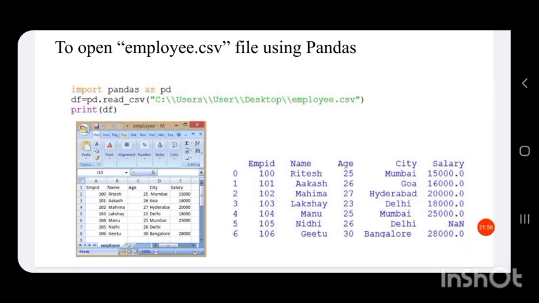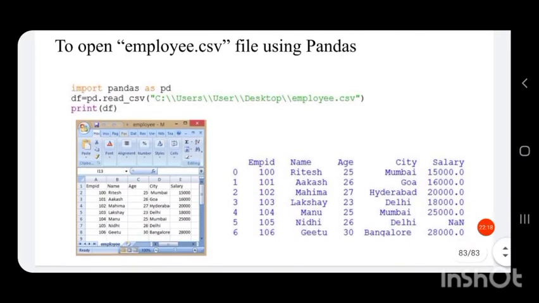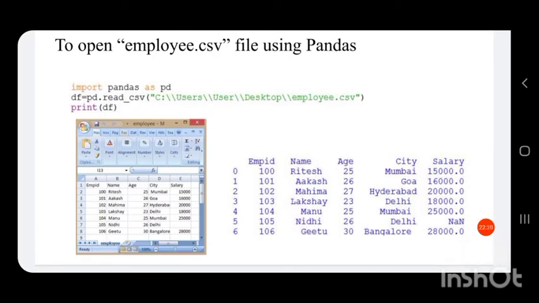Now this is how we import a CSV file into a data frame. For that, first we import our pandas library as pd, then create a data frame. df is equal to pd.read_csv.